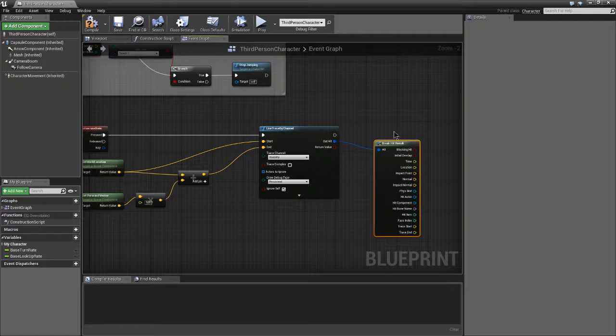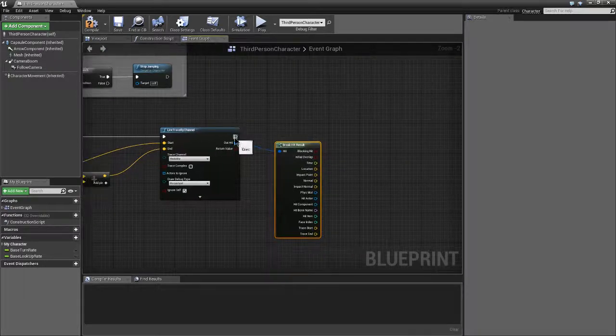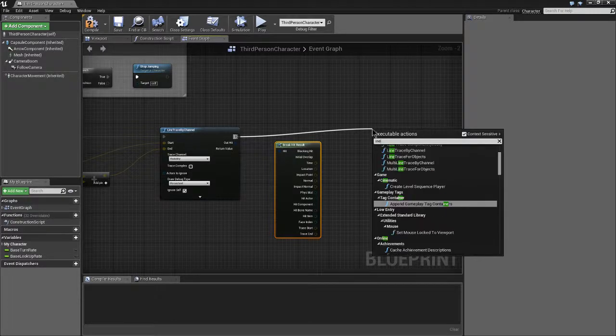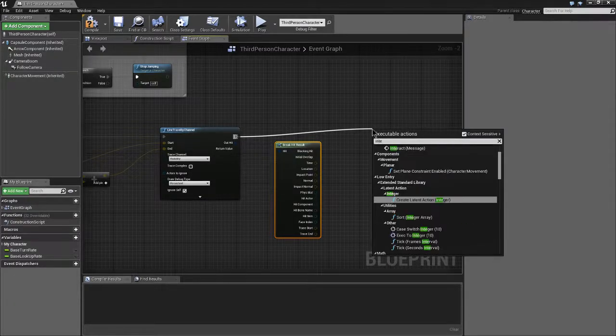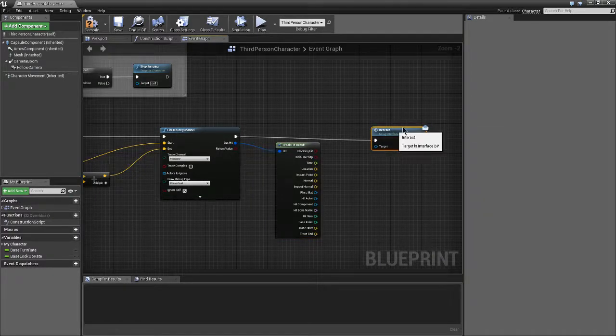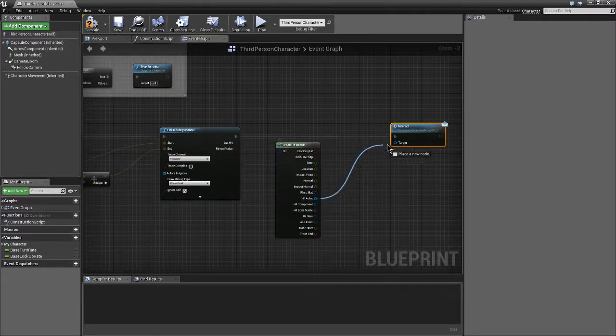method, and then once we've done that, we will call our interact event, spell it right. So we send out the interact message, and the target will be the door that we're looking at, so we'll know that that's the hit actor from here. That'll be the thing that our